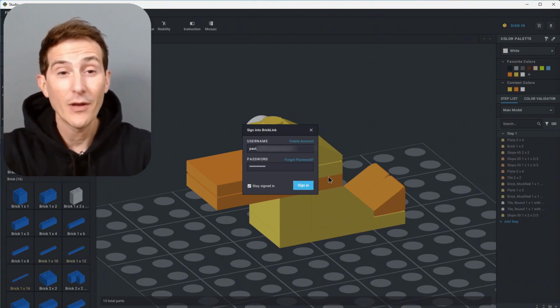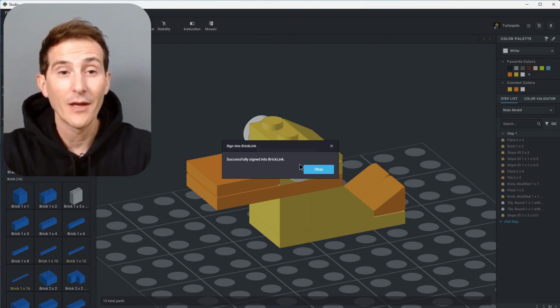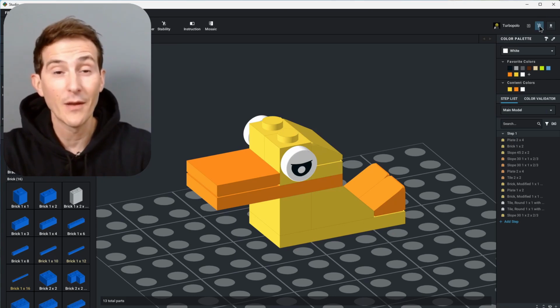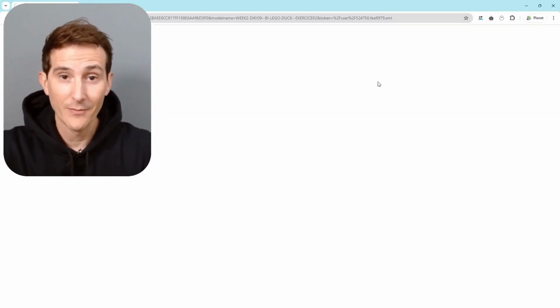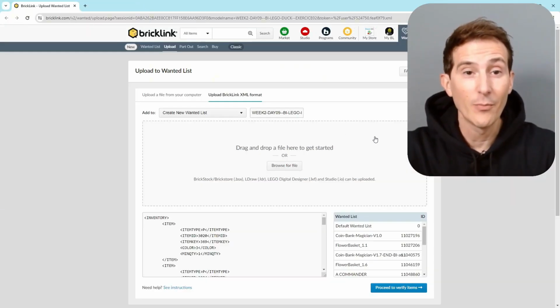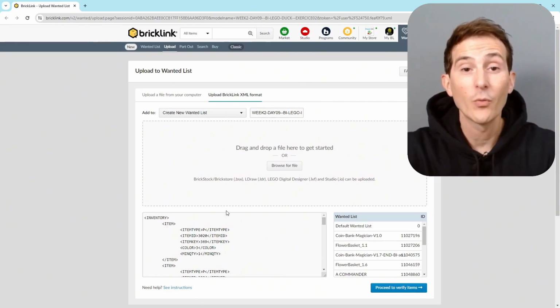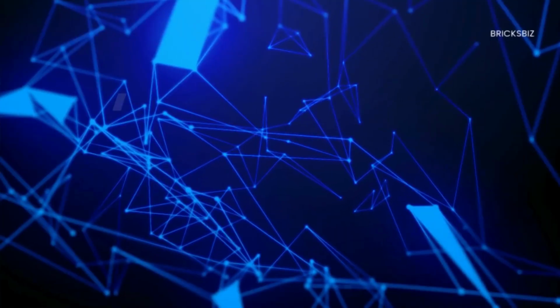Once connected to Bricklink from the Studio interface, click on the cart icon located just to the right of your username. You'll be redirected to the Bricklink website in the Wanted List upload section. A wanted list represents a collection of Lego parts you want to acquire now or later. Each item in a wanted list specifies a Lego part with its desired quantity, color, and whether you want it to be new or used. For example,